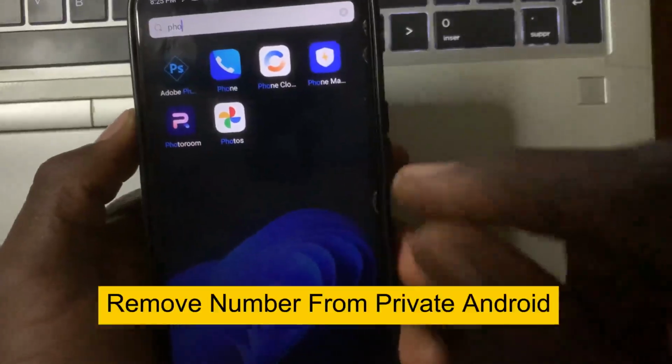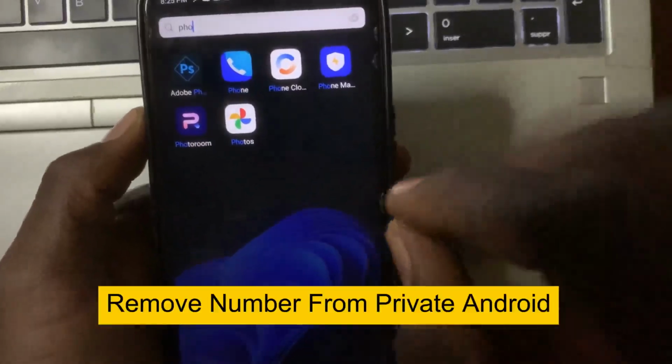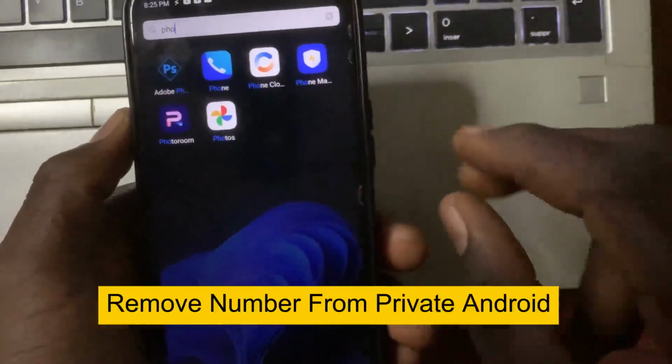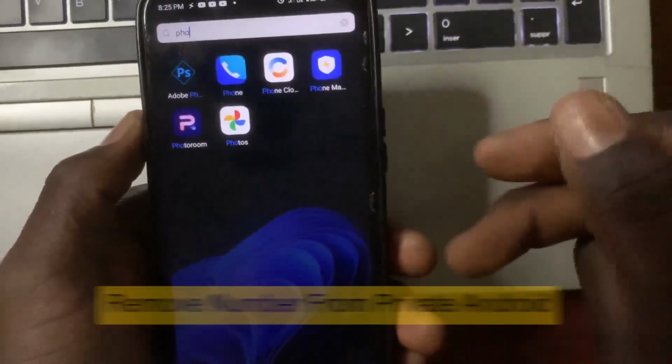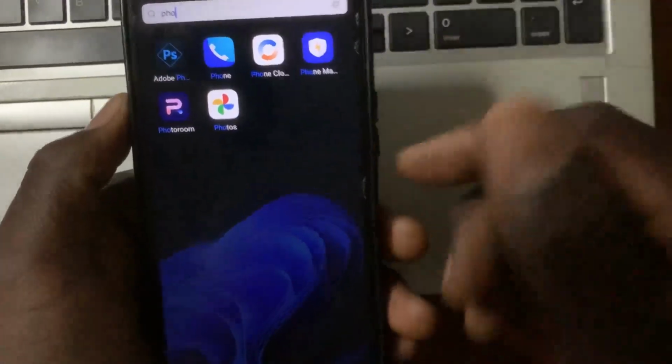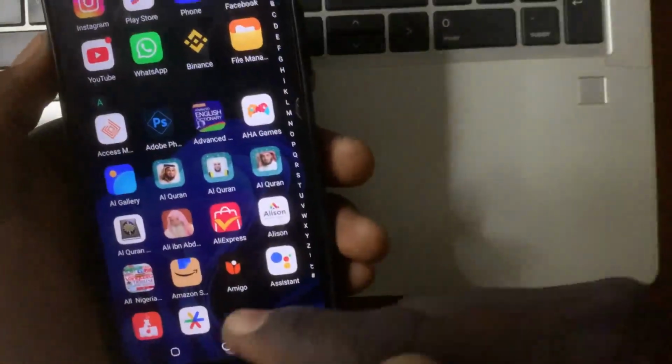How to remove my number from private number on Infinix. So in this video, I'll show you step by step how to remove your phone number from private number on Infinix device. After you open up your mobile phone like this, all you have to do is swipe up